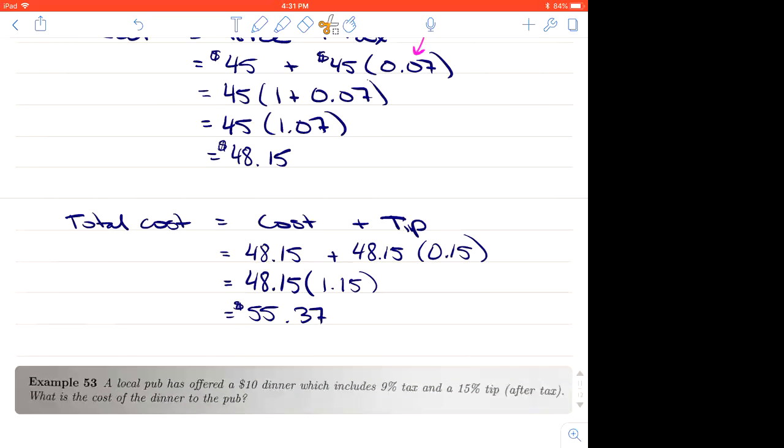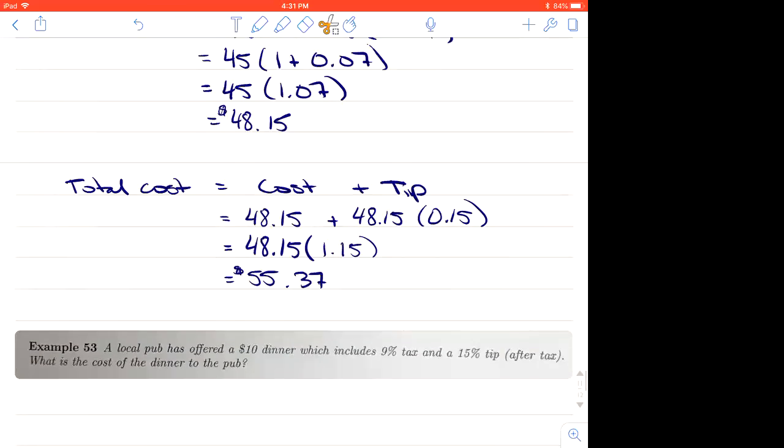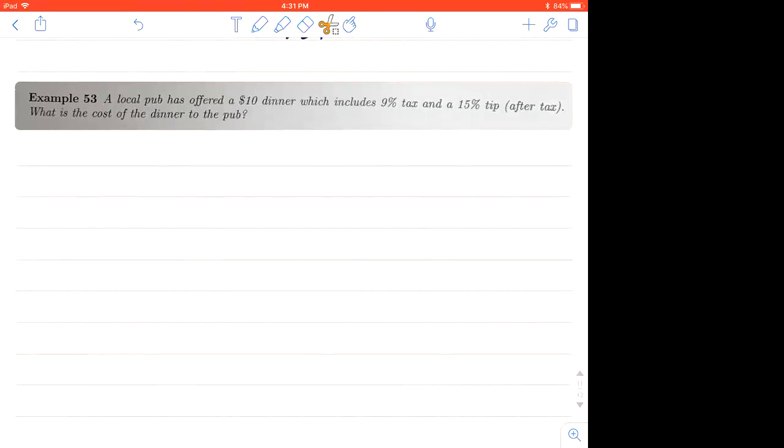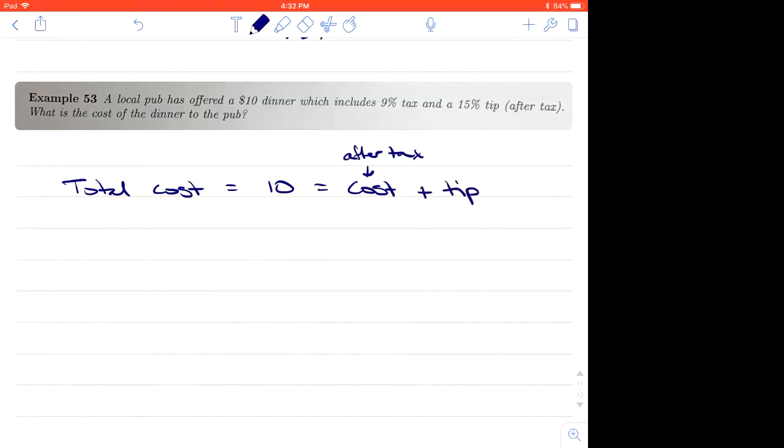So we're basically going to work backwards, right? Because we're given that the total cost is $10. So we're going to undo the tip and then undo the taxes to find out what that original price is. So we're told that the total cost is $10, which is the cost after tax plus the tip. So 10 is going to be, I'll just call it C, the cost,